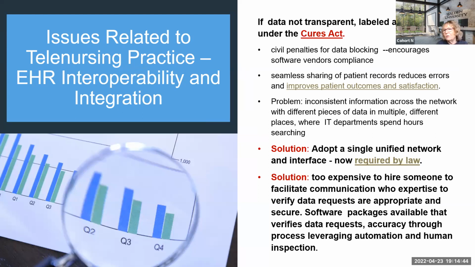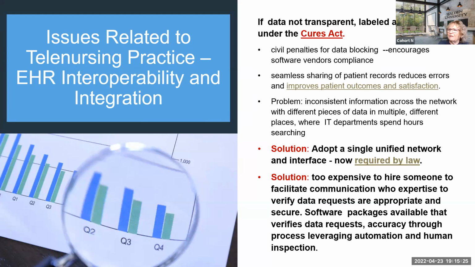So there are some solutions that they're considering, certainly identifying a single unified network that interfaces, and this is now required by law. And again, this is essentially a new practice. And again, a solution to trying to hire somebody to sit there and facilitate. You can imagine somebody sitting there and facilitating, going through and reading data and saying, oh, well, this needs to go here and this needs to go here. Facilitating that communication